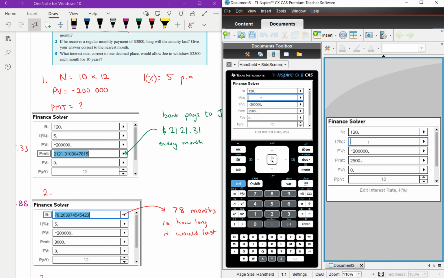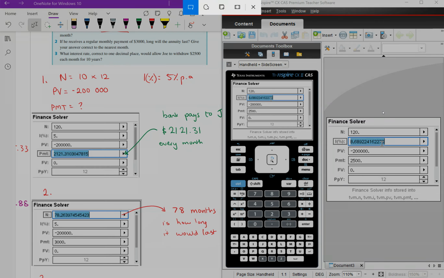So I need to go scope around different banks to see what kind of interest rate they can give me. So this bank gives me 5%. Is there another place that can give me a certain rate so that I can guarantee I will get $2,500 back from the bank and it will still last over 10 years, okay? So this is where your finance calculator comes in. You press enter, assuming everything else is correct. I press enter, whoops, not over here on my calculator. I press enter, and that tells me here that it's